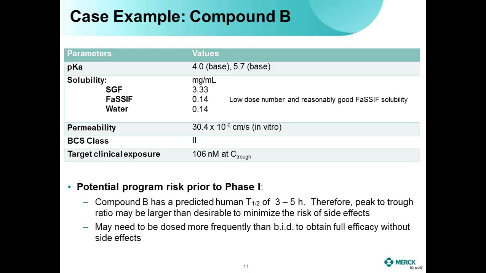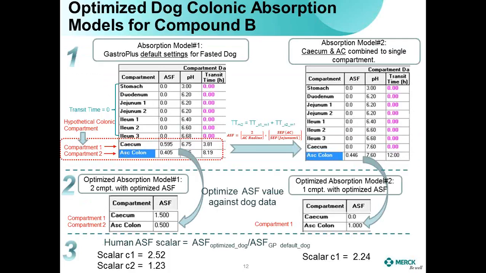So the good news is the regional absorption study via colonic dosing has shown a good relative bioavailability for colonic dose versus the orally dosed solution formulation in dog model. As I described previously, the first step of the workflow is to develop the CR model in GastroPlus, which was to build an oral PK model in dogs.